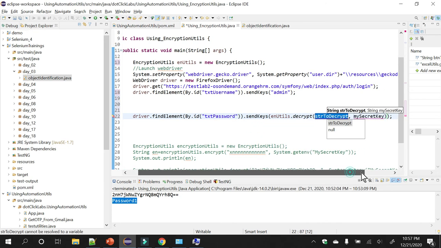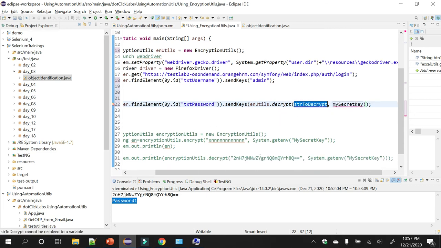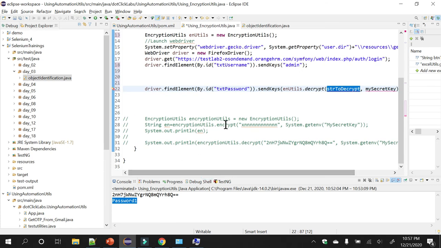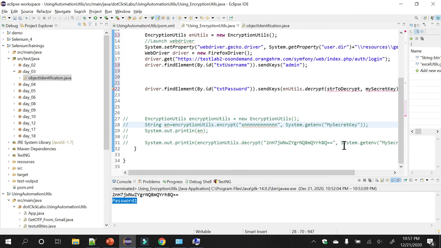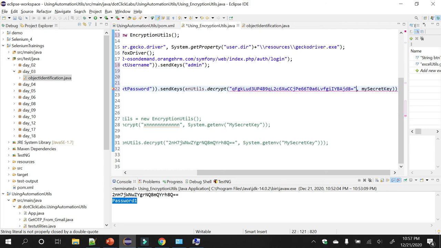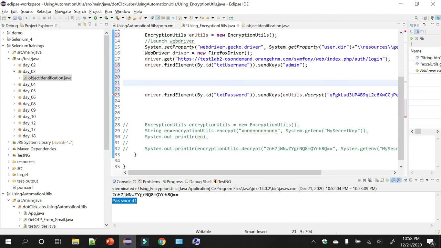and prior to using this I already encrypted my password and stored it over here. As I said, this is generated using the encrypt method. So I set my password and executed this and I got this code returned. Just copy this code, and you will be pasting it over here. Or if you find it difficult to read, you can simply say string password and use it, or you can use it in a single line.